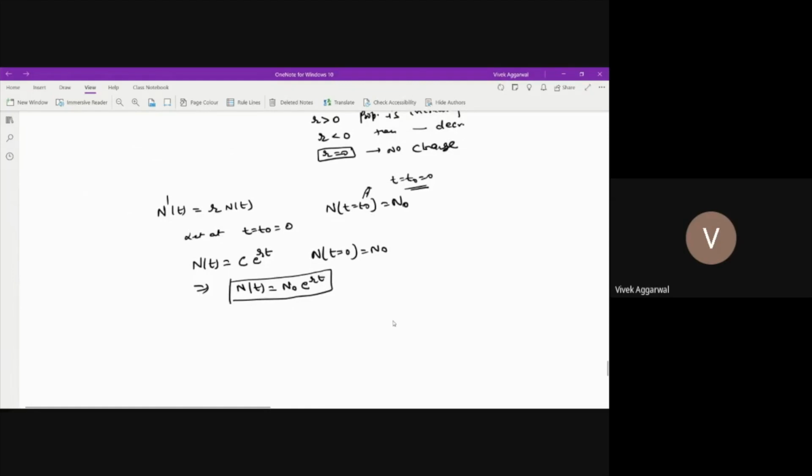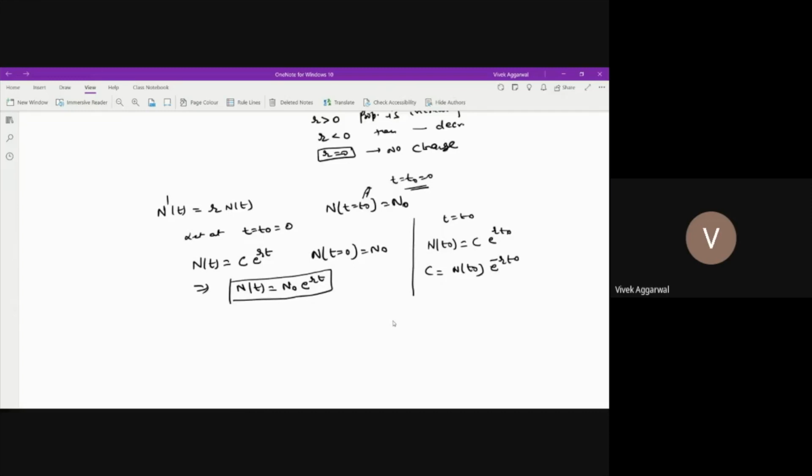This I have taken for t0 equal to 0. What will happen if I take t equal to t naught? If I put t naught, it will be C e^(r t naught), and then my C will be N(t naught) e^(-r t naught).